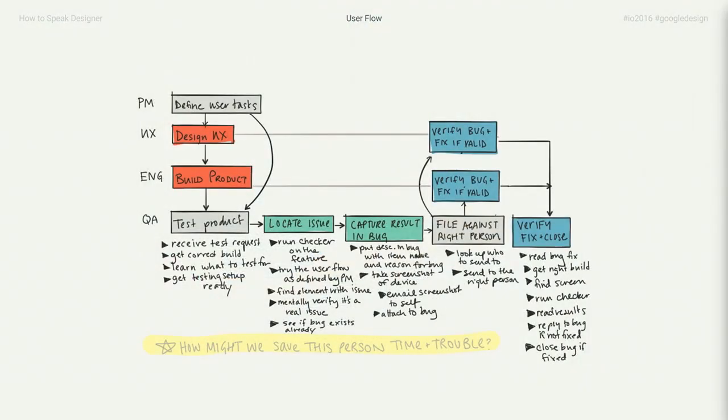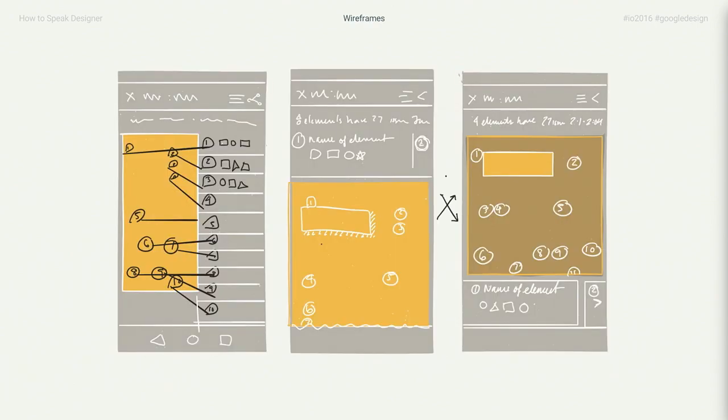And as these ideas develop, they're going to take different forms. Early on, they might be diagrams trying to capture how the different parts of the system relate to each other, or how different roles within the system might collaborate to achieve a bigger goal. And they might eventually take the form of wireframes, starting to explore what individual screens might look like.